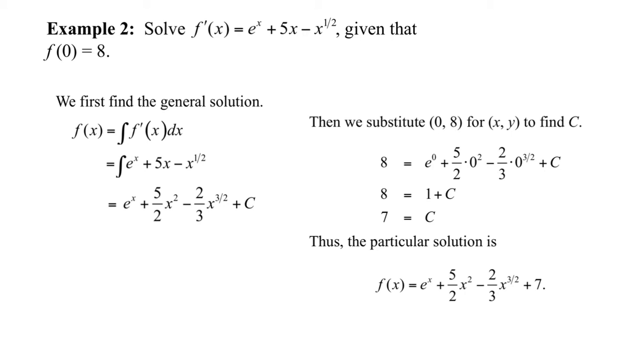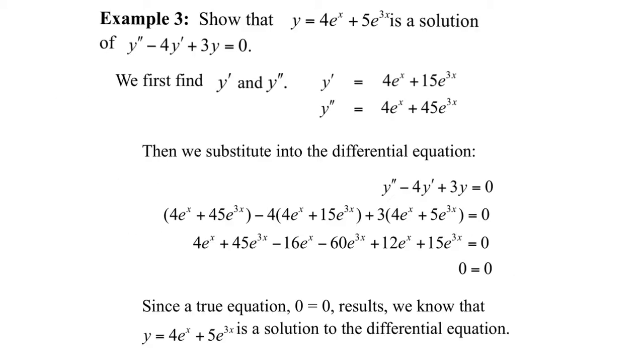Now we will use the condition. So when x equals 0, this is the corresponding y value. If you replace this x with 0, that will be equal to 8. e power 0 is just 1. This number times 0 is 0. This is also 0. So plus c. Then subtract 1 from both sides. You will get c equals 7. So in this equation, replace the c with 7.